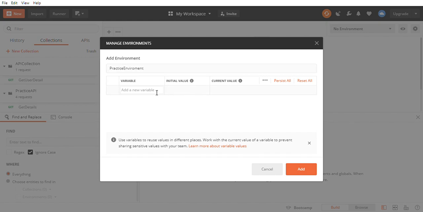Now define the variable or parameter here with its value. Suppose I take the parameter as URL, and I give the value as google.com.